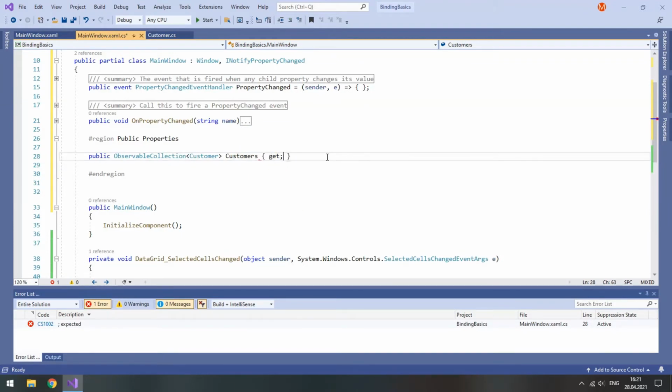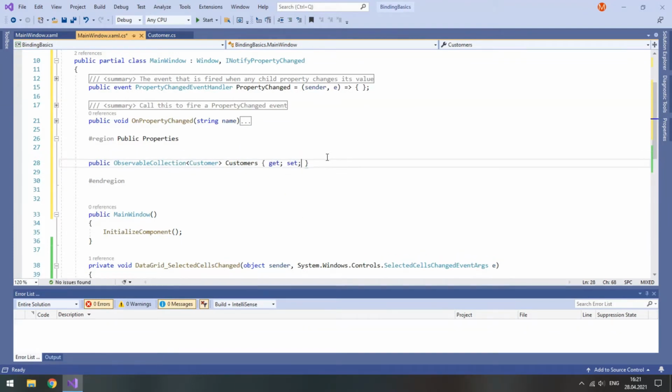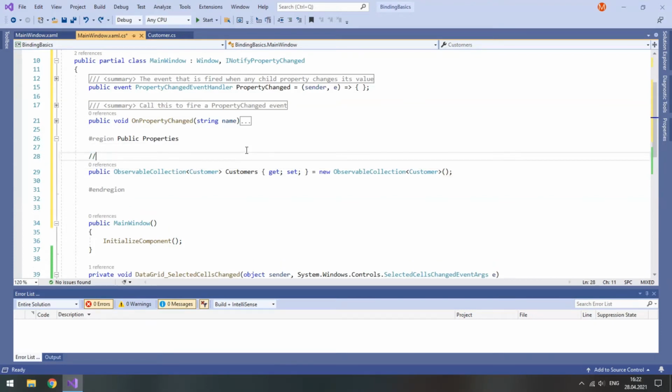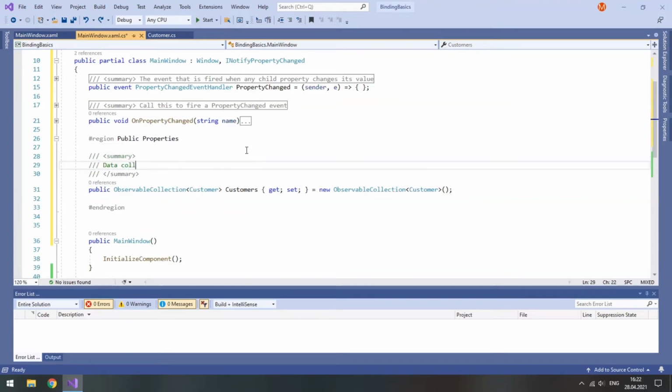Again, it will need getter and setter because it's a property, and we will initialize it here. So new observable collection customer, open and close parentheses. Let's leave a summary here, so it will be just our data collection.